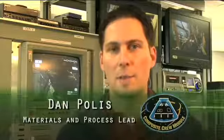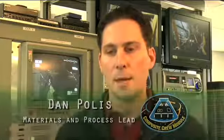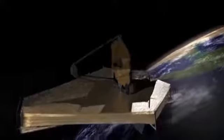Hi, I'm Dan Polis. I'm from NASA's Goddard Space Flight Center, and I was the materials and process lead on the composite crew module. At the Goddard Space Flight Center, we typically deal with unmanned missions, and composites play a big role in that in terms of metering structures for space telescopes because of their stability with temperature and extreme